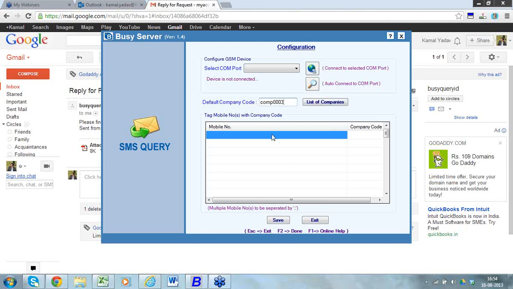Now the mobile number of the management, you can freeze it with the company code. This mobile number will be sending query to this company. It should be like this. This mobile number